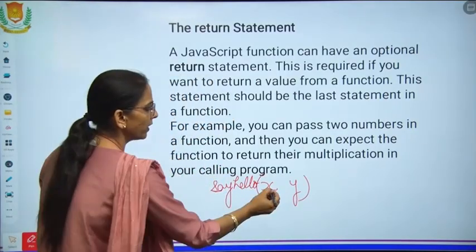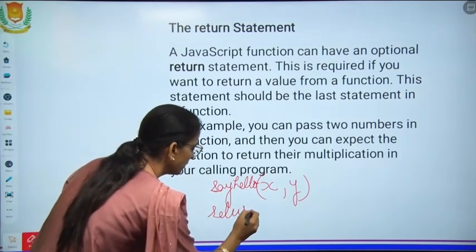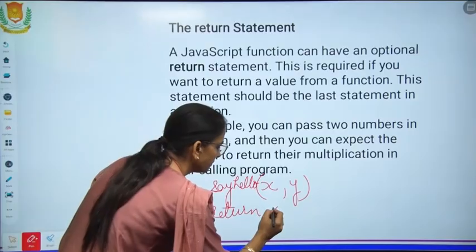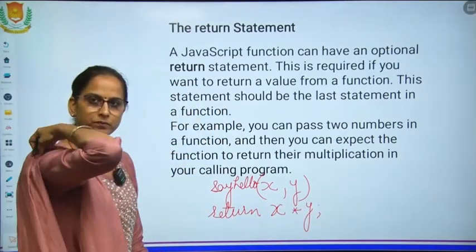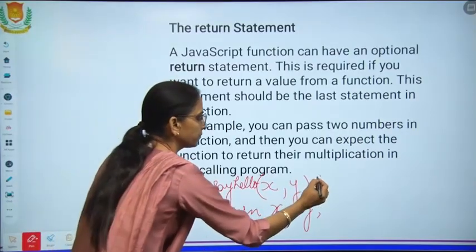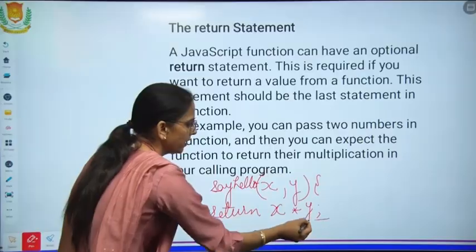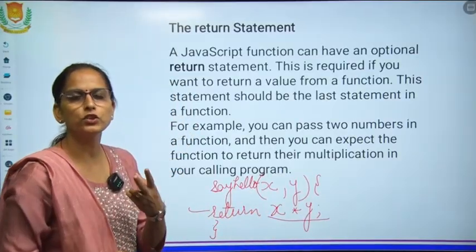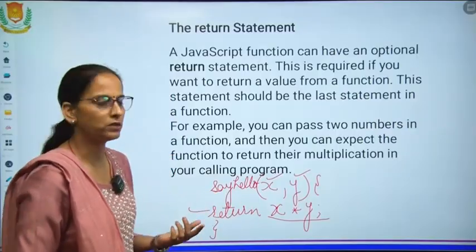These are the two variables passed and here you can write return x multiply by y. Now this function is returning the multiplication of these two arguments passed to it.